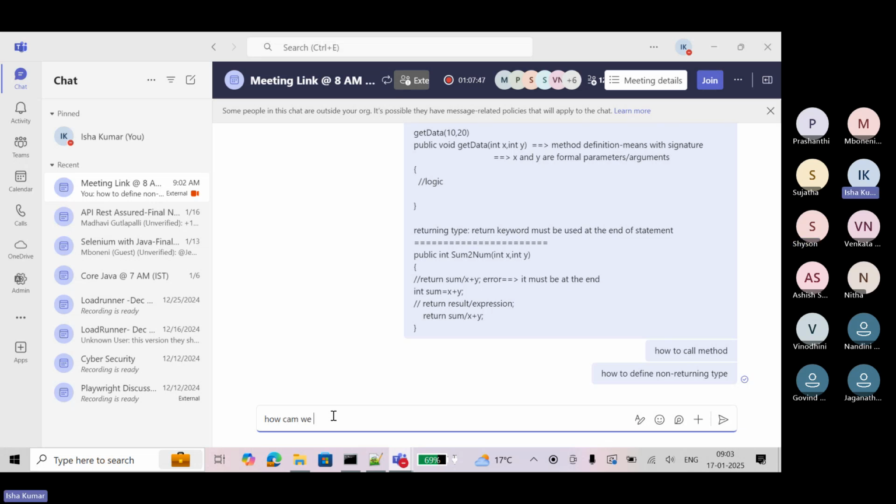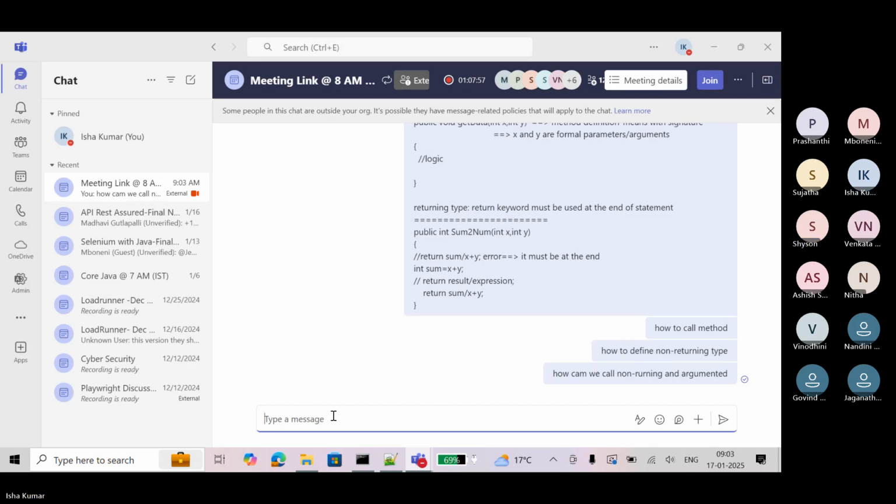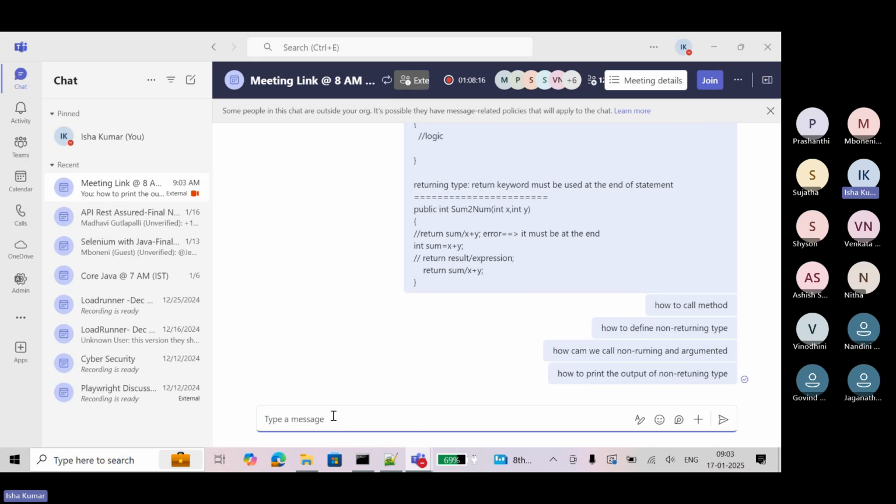How can we call a non-returning and argumented method, right? And argumented. Same, how to store or how to print the output of a non-returning type, or returning type. Same thing for returning type.